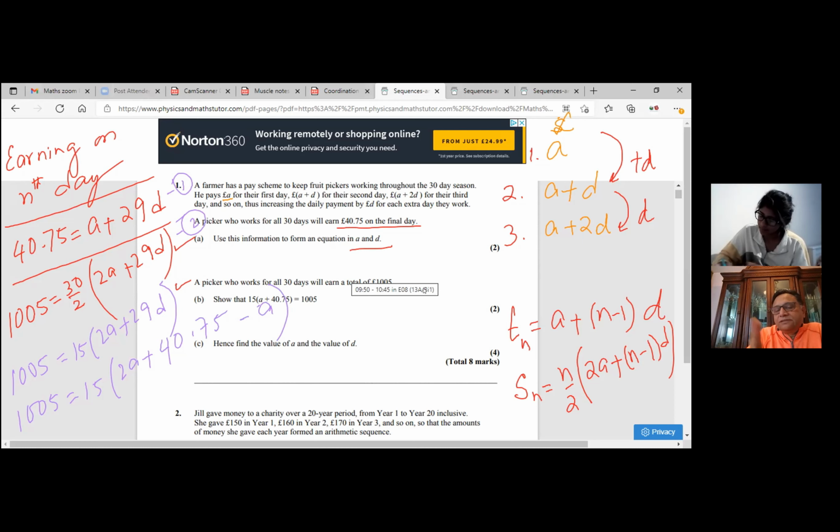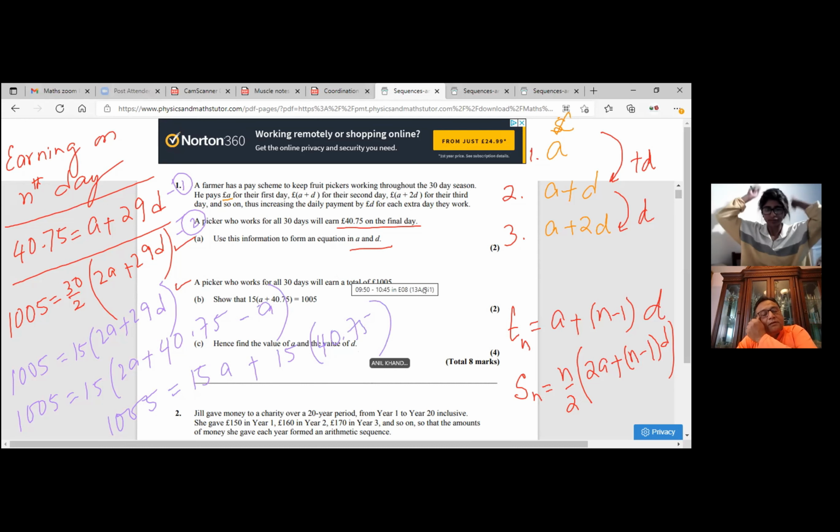So 2A minus A is only A, right? So we get 1005 equals to 15A plus 15 times 40.75, right? Now divide everything by 15. Could I just get my calculator quickly? Yeah. Sorry. Thanks. 1005 divide by 15. They're given very good figures, so we can easily do it now. So divide by 15 will give us 67 equals to A plus